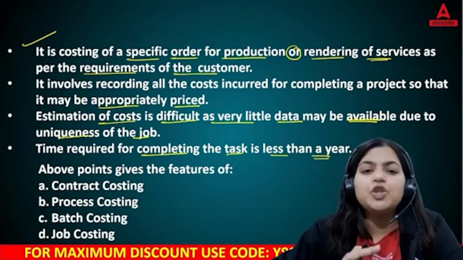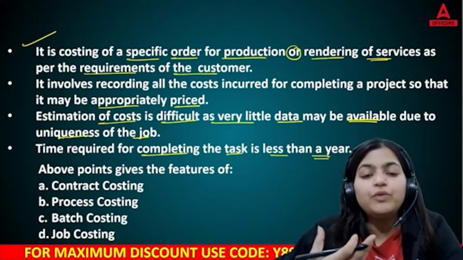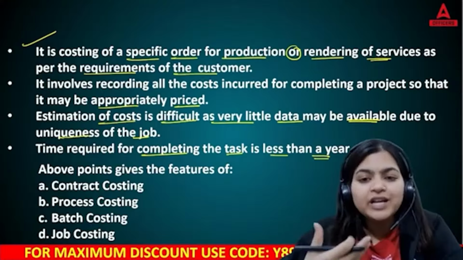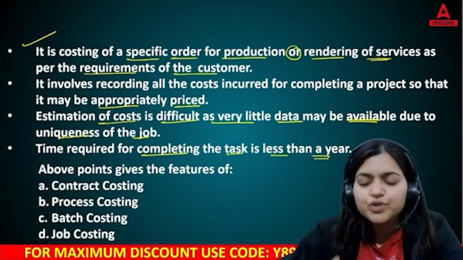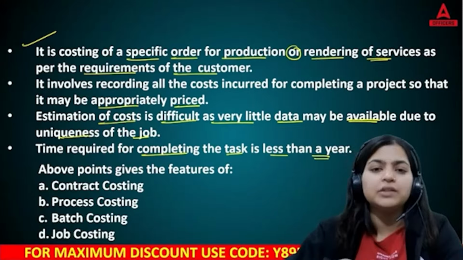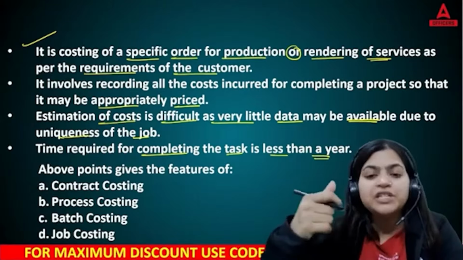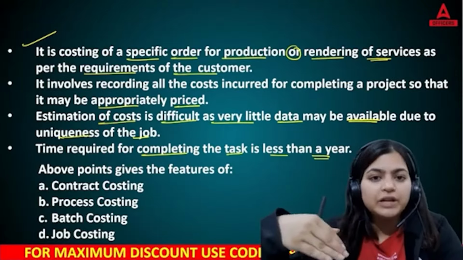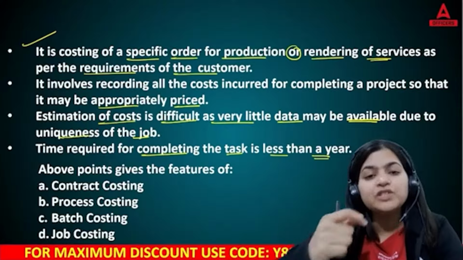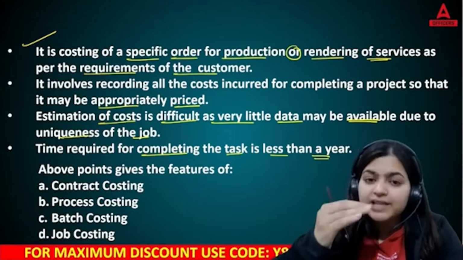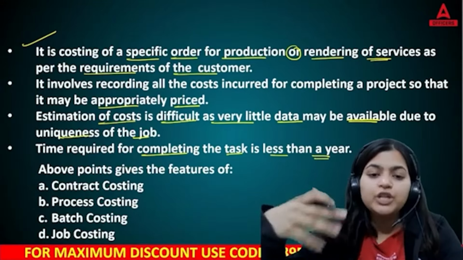Okay. Now, when we talk about costing, basically we are calculating what are our total expenditures that we incurred during production. Now, in India, we can see there are different types of businesses. So, we cannot apply the same method in each and every business. Like your banking industry cannot apply contract industry methods. Same thing, if you see any FMCG company, they cannot apply banking laws and regulations. So they need to use some specific type of methods to calculate cost. So under this, we have the costing methods topic. So costing methods tells you that if you are working in this specific company, you can use this particular method.